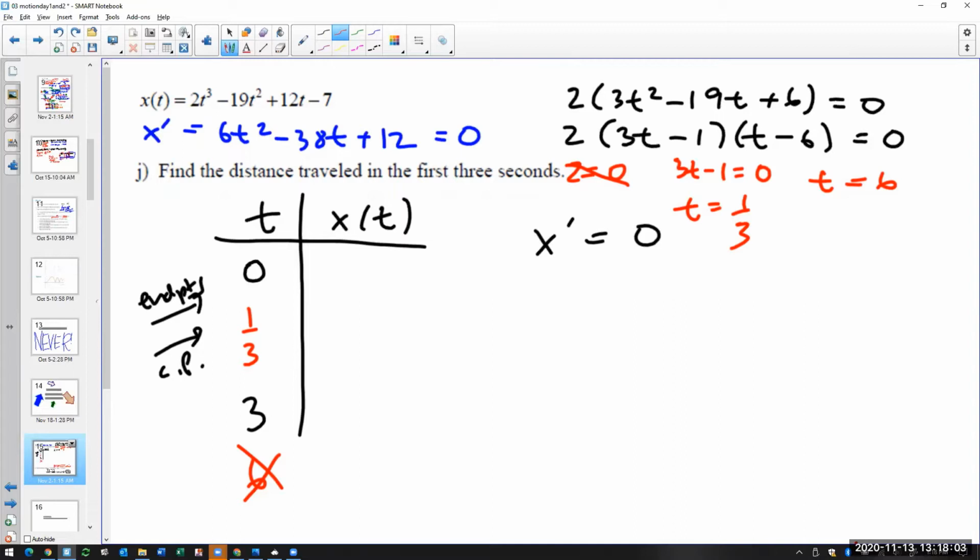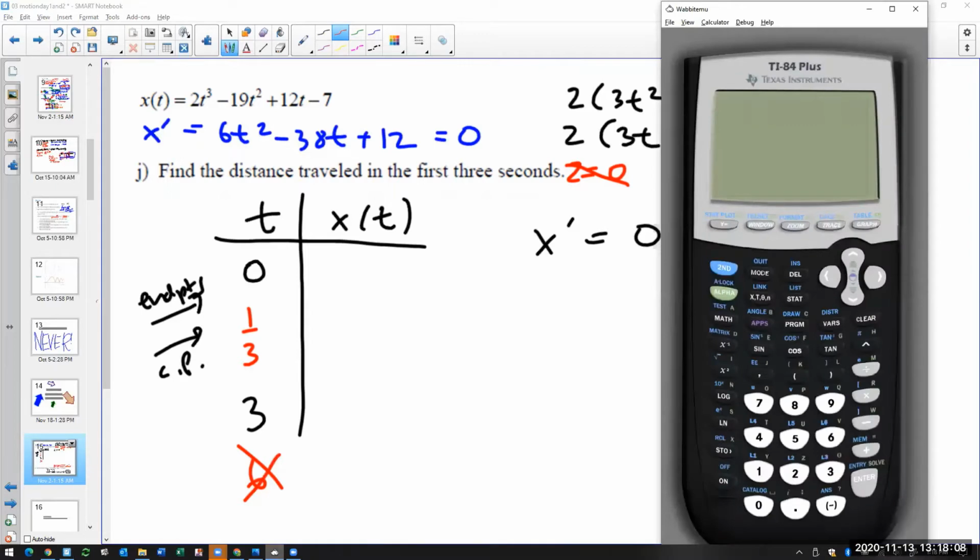So then I'm going to fill out the rest of this chart. And the easiest way to fill out this chart, guys, is actually go into your calculator. And students are asking me, well, what do I put in my calculator? What formula do you put in your calculator? Well, what's right there on your right side? It's your X, right? You want to fill out this table for X. So your Y equals needs to be for X. So put in your X here. That'll be 2X raised to the 3rd power, minus 19T squared, so minus 19X squared, plus 12X